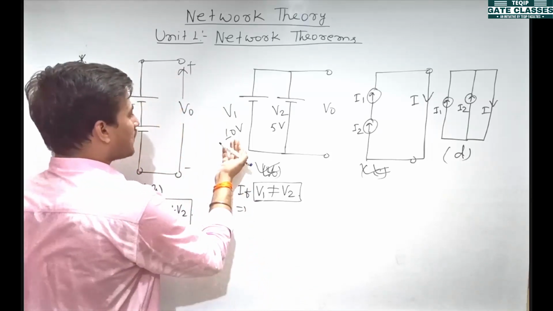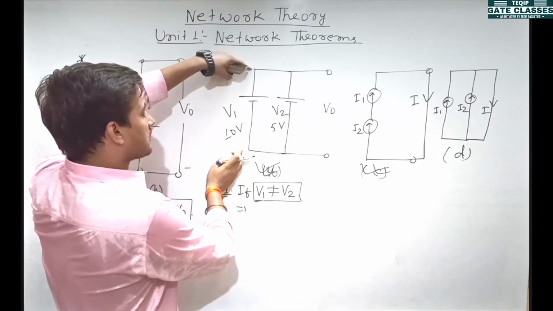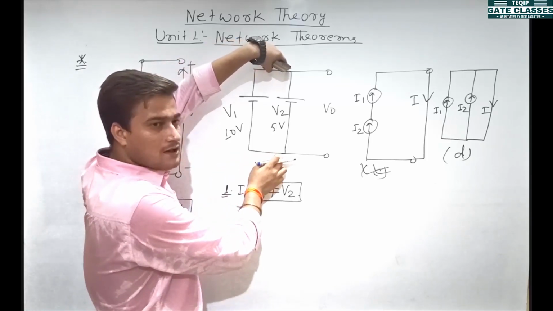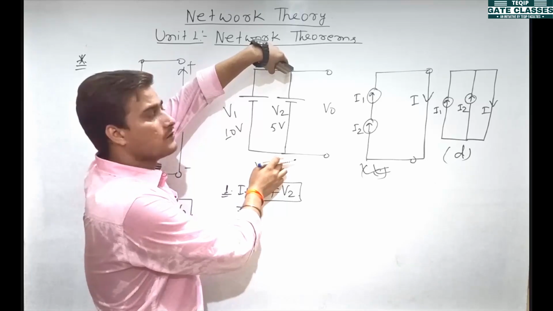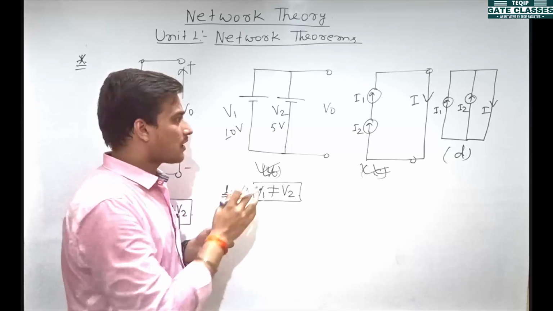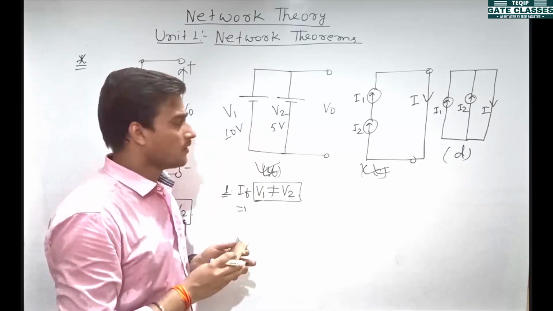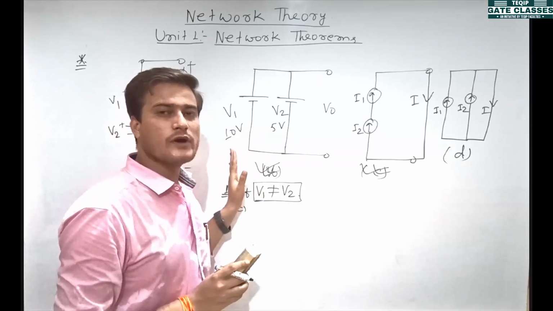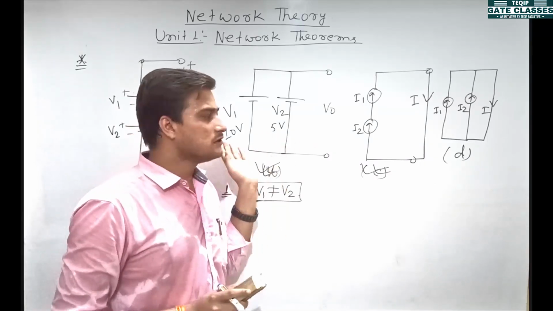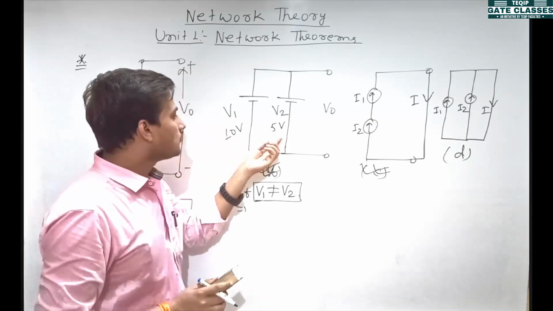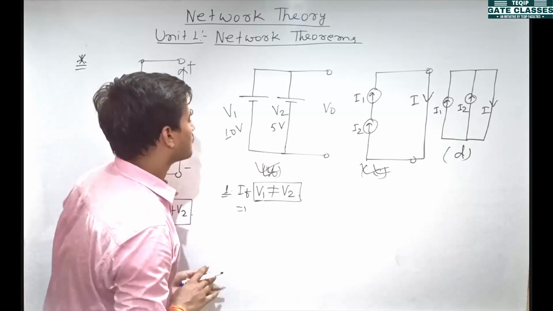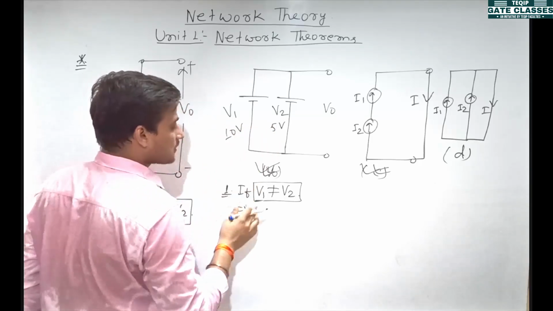This is an ideal voltage source. This voltage will say I'll maintain the voltage of 10 volt. This one will say no, I am also ideal, I'll maintain the voltage of 5 volt. So what will happen? These two are ideal, they are not going to compromise with anything. They will say no, I am not going to decrease my voltage. He will say give some voltage to me. He will say no, and he is also not ready to share the voltage with this one. So what will happen? This type of combination will not be possible.